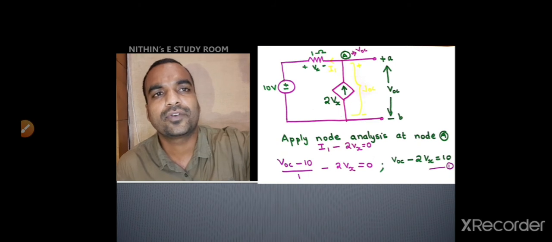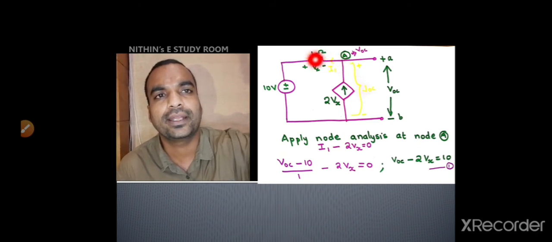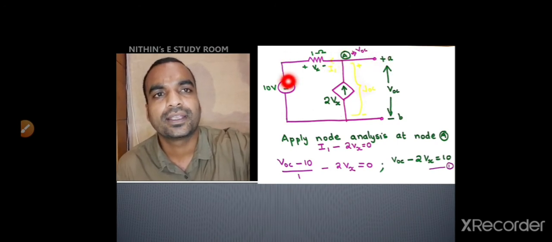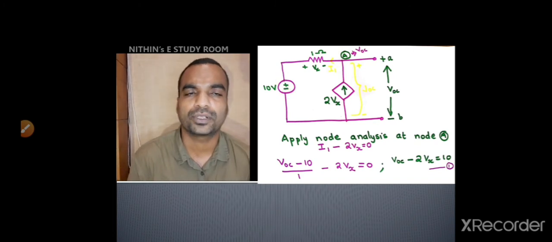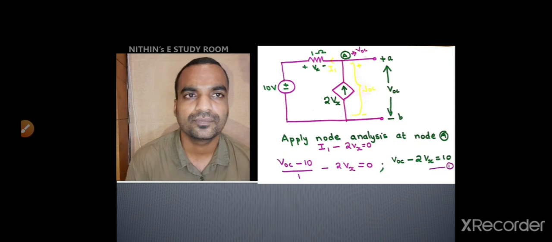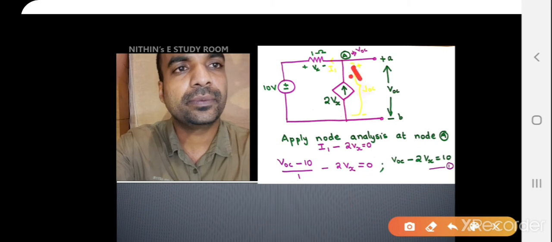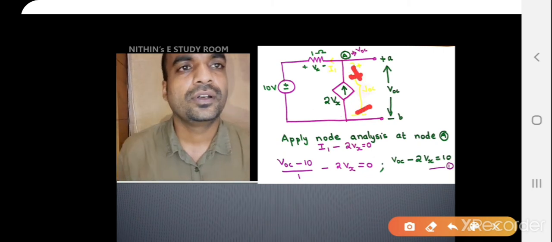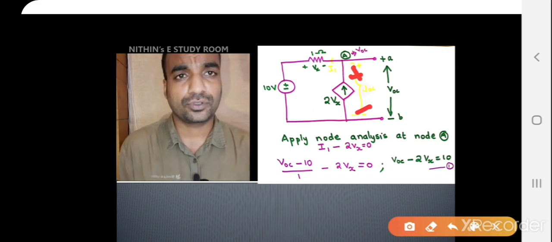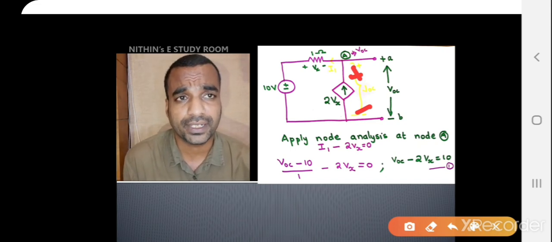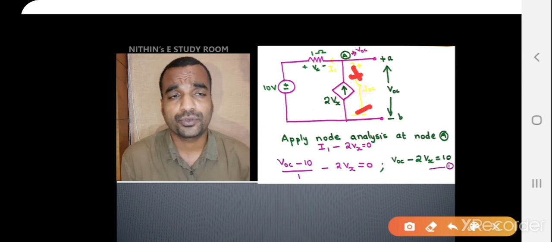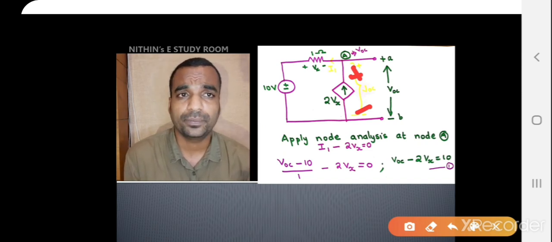So what will be the value of I1? I1 is nothing but the current going from A to the 10 volt source. And the polarity of the node A will be positive because here also it is positive. So this is plus and this is also plus. So opposing polarities are coming closer. I will mark it for avoiding confusion. This will be positive and this will be negative. For the node A, the voltage VOC appearing across node A, at the top point you have to assume plus polarity, at the bottom point you have to assume minus polarity.